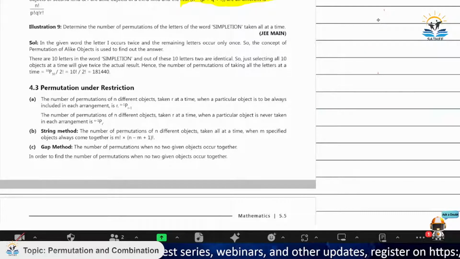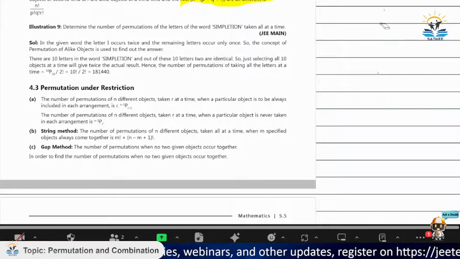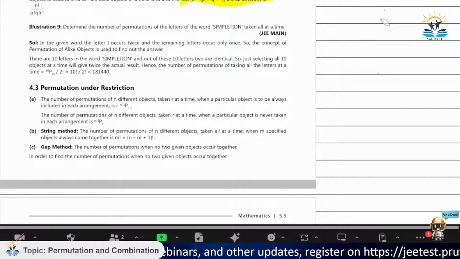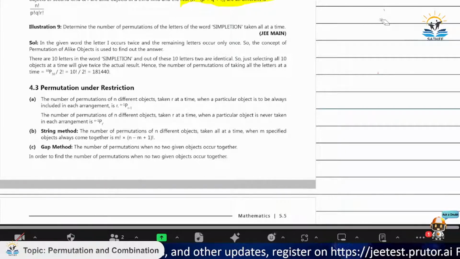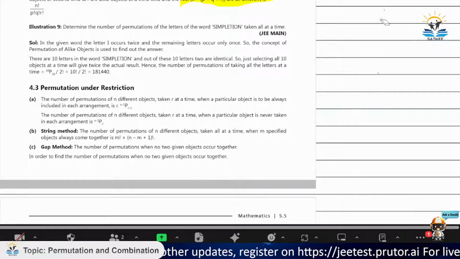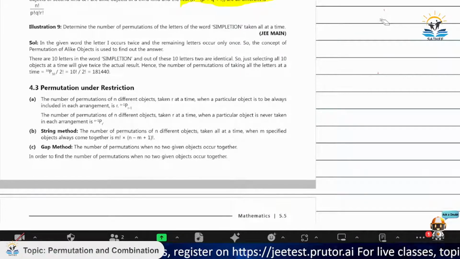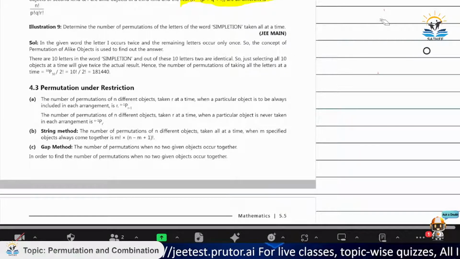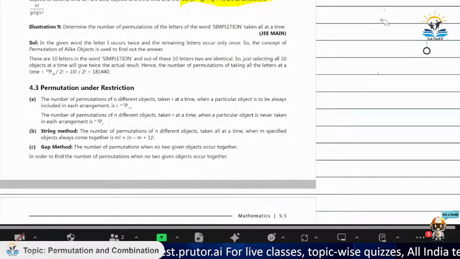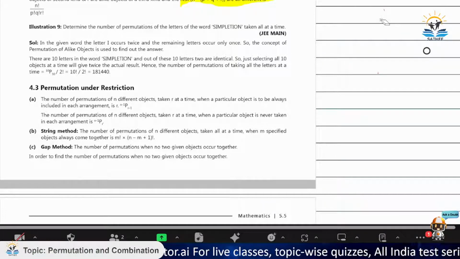Now, moving on to the next question. Just wait upon me. Permutation and the restrictions. Okay, this is something that JEE always asks us. There is always a restriction, and how to apply it on that condition is something you develop with time. So let's see what conditions we have here.